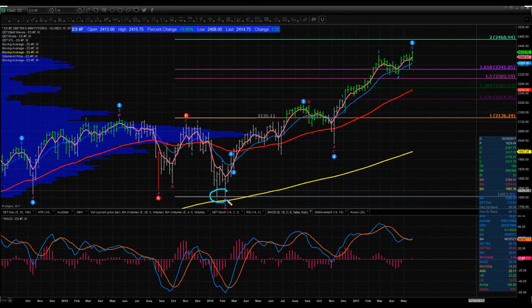But be that as it may, what I've done here is draw a Fibonacci extension off of these lows that were made, clearly well-defined lows that were made in February 2016 and the previous 2015 highs. So that defined a range. And then from this range, I built the Fibonacci extensions, as you can see on the right-hand side of the screen here. And what I told our members is that this level right here, the roughly 2135 area, is the